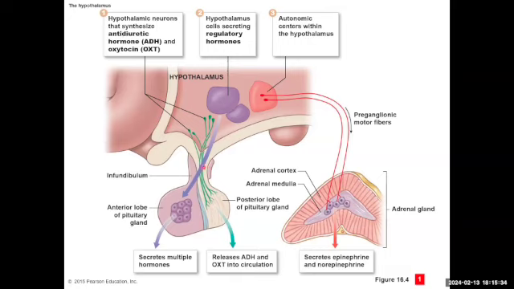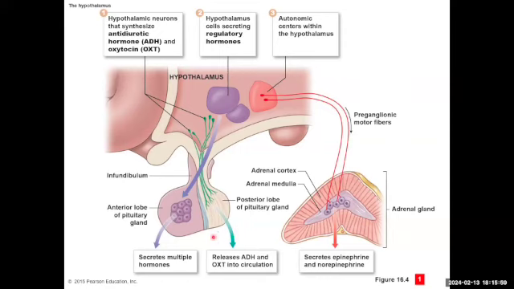Now, all around this system we're also going to see a network of nerves and a network of very important blood vessels that we're going to call a blood portal system. And lastly, it's very important to talk about the pituitary